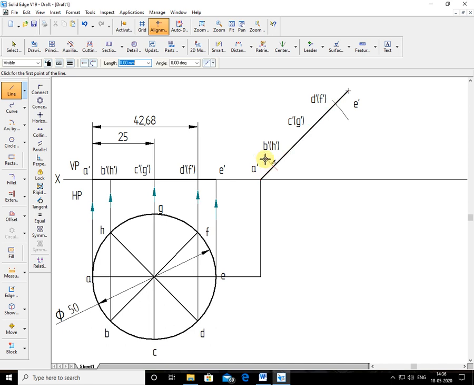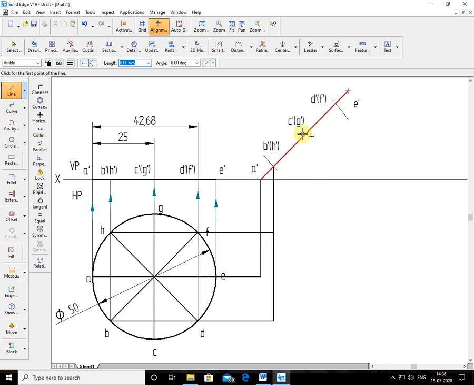So from here you draw a vertical line, 90 degrees. Where is B here? B is here, so activate this end. Then where is the H? This is the H, I'll draw here. So where is CG? The midpoint C, midpoint CG. Projector of C and G at 90 degrees.